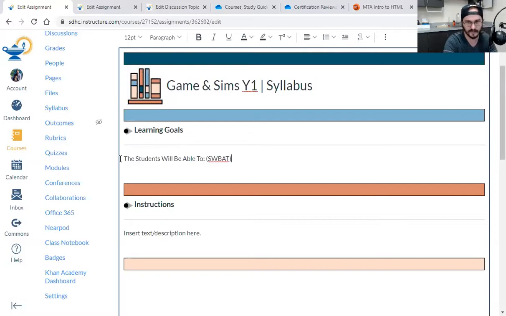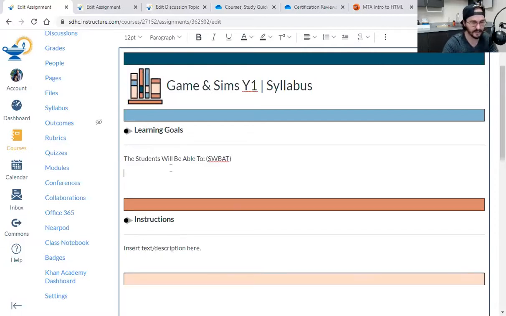For those of you who are with me, you know exactly what I'm talking about. I'll do that in the future when I get lazy. I'm just gonna put a list of whatever. Help me out here. For the syllabus, what should students be able to do? Understand classroom rules and procedures.